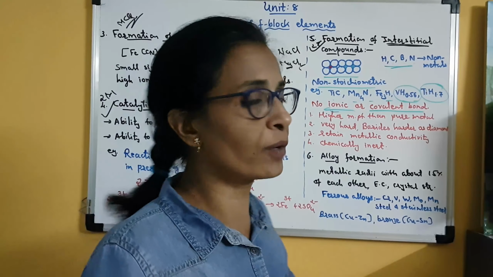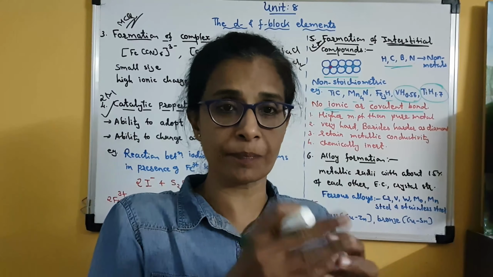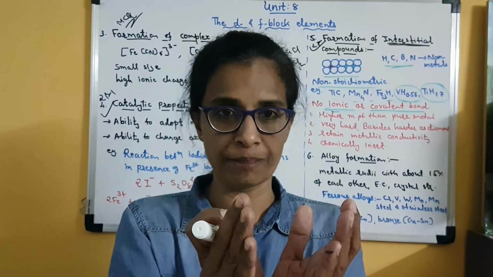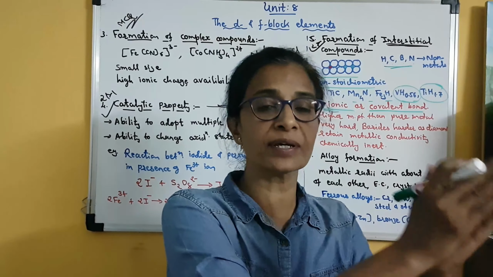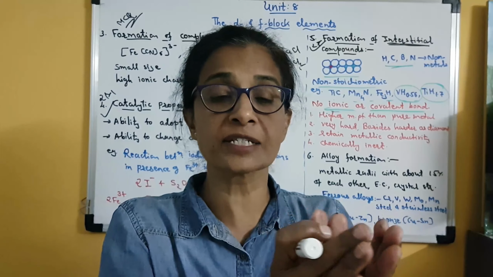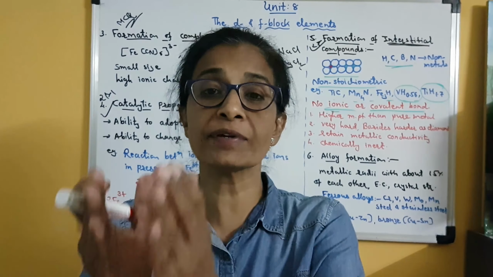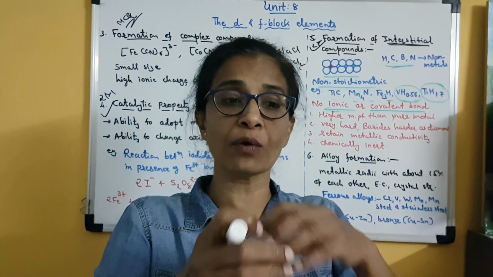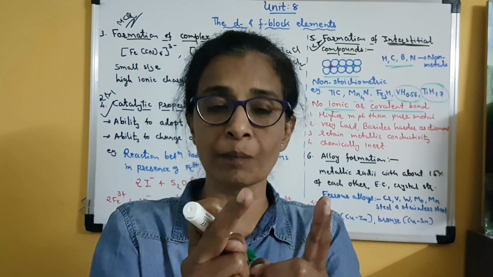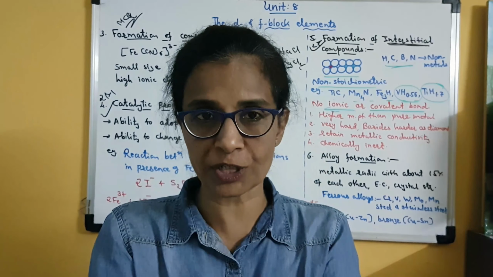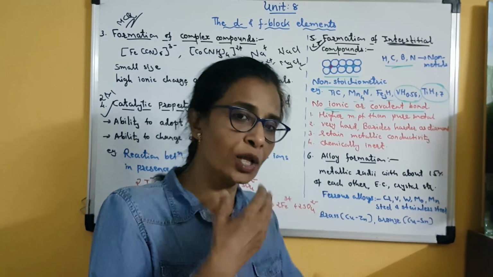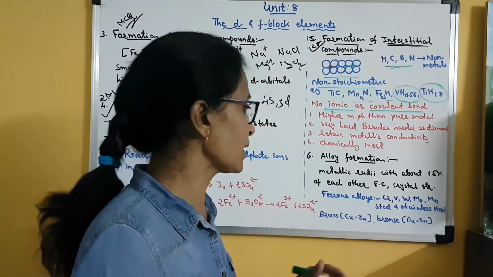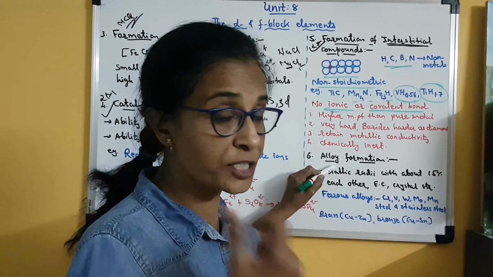Similarly, when alloy formation takes place, we mix all the desired properties of different elements into one compound. Clear? Suppose one metal has a higher melting point, the other is resistant to corrosion, the third has good conductivity. If we want to have all these properties in one particular compound, then we go for alloy formation. So alloy will have all the desired properties of different elements present in it. And that is why it is essential.